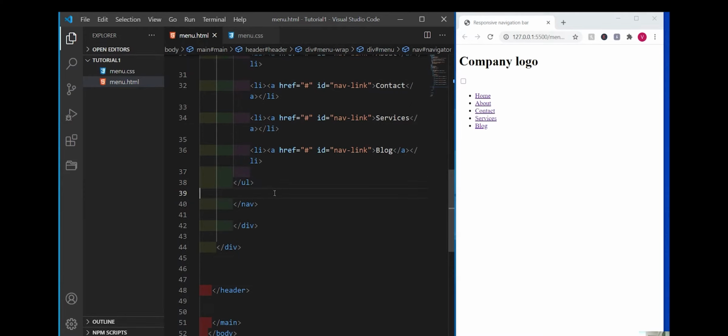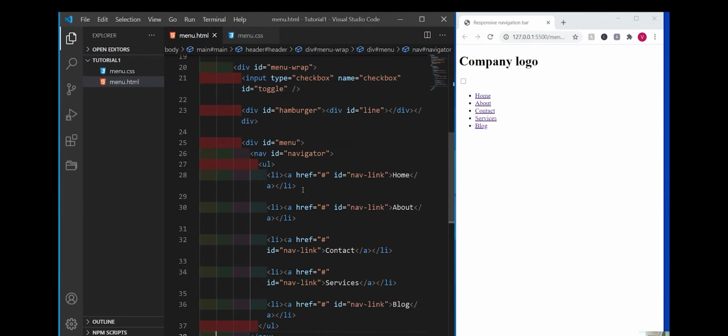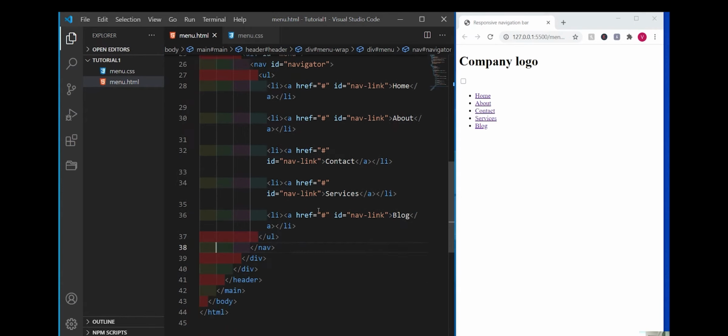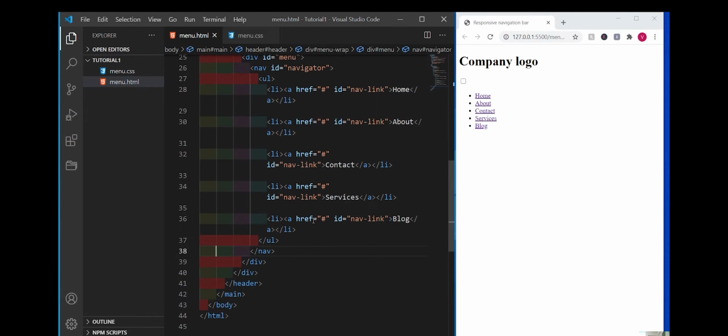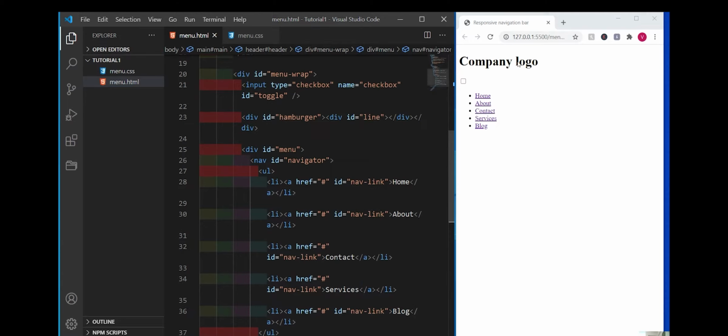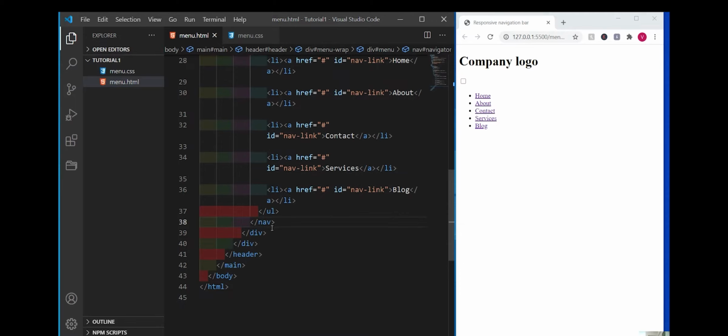I'll save them, indent them very well and make a good arrangement of the code. And now we are very much done with what we need as far as this navigation bar is concerned. We are done with what we need from the HTML, but I want to make a little bit